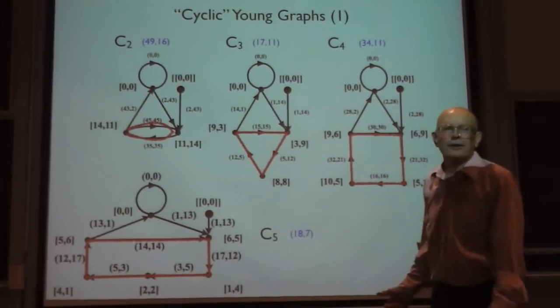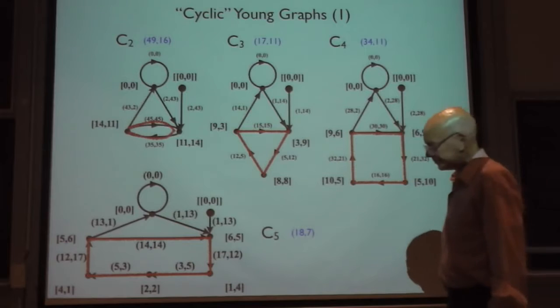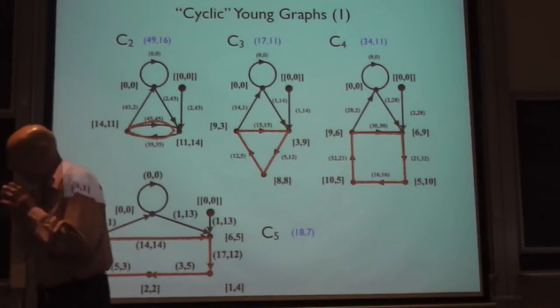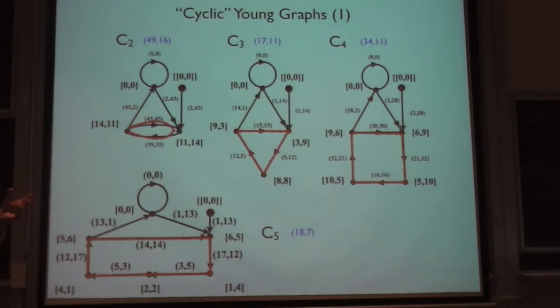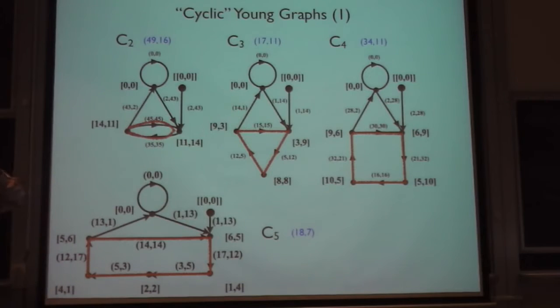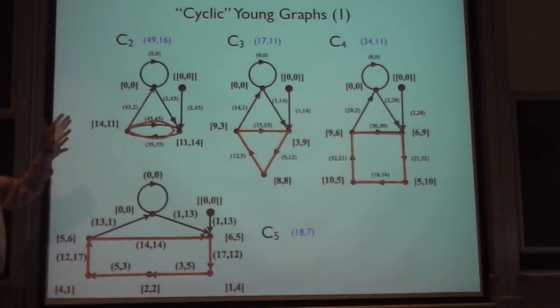A family of young graphs are what I call the cyclic graphs. And another family that I can analyze more or less are the complete graphs. The complete graphs have the property that every node is joined to every other node, including itself. And they have the most number of edges of any young graph. The cyclic ones have the smallest number of edges